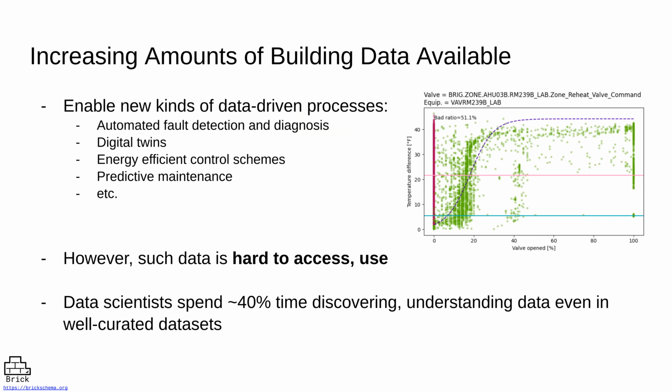However, that data is really, really hard to access and use, especially at any sufficient scale beyond n=1. A survey on Kaggle of data scientists in 2018 found that even in these well-curated data sets, where there's a table somewhere in a database, data scientists spend upwards of 40% of their time discovering and understanding just what that data is. And in a building, it's not exactly the state of the art to have extremely well-labeled